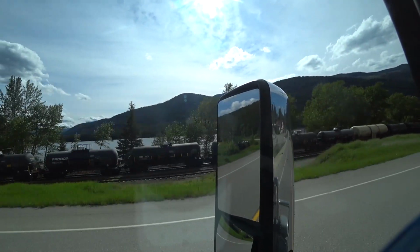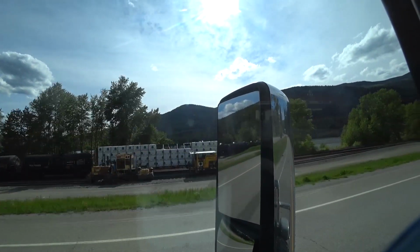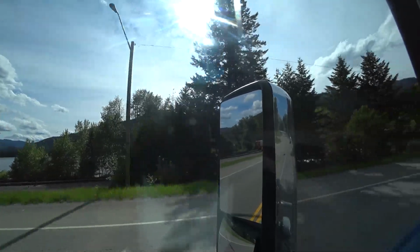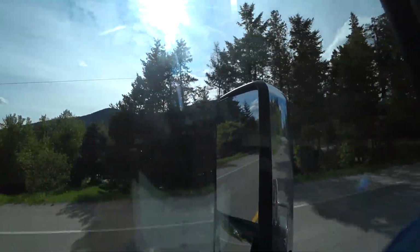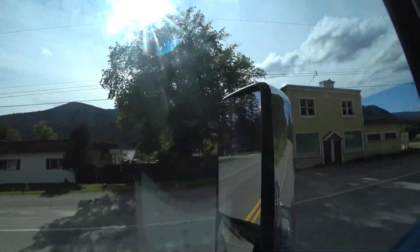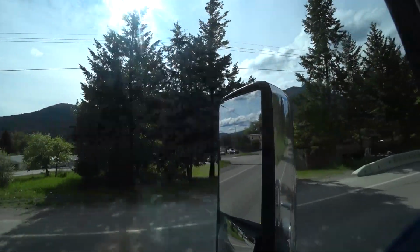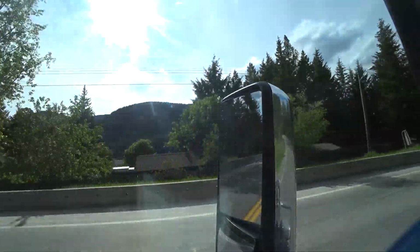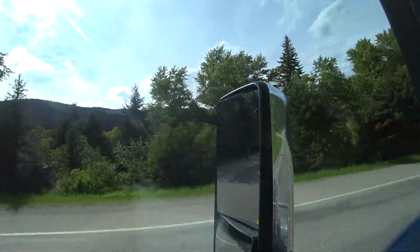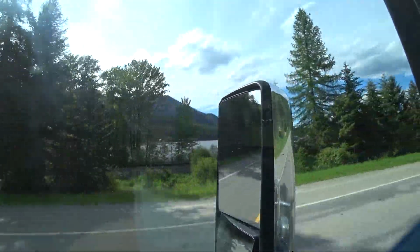You guys don't get to see the kids, but I do. Some kids pumping their fists. I know I was facing the camera in the wrong direction for you guys to see the kids, but if you see a kid pumping their fist, you must honk. No other way around it. I don't think we get to see the lake anymore, just trees now. You might get a little glimpse of it here and there, but